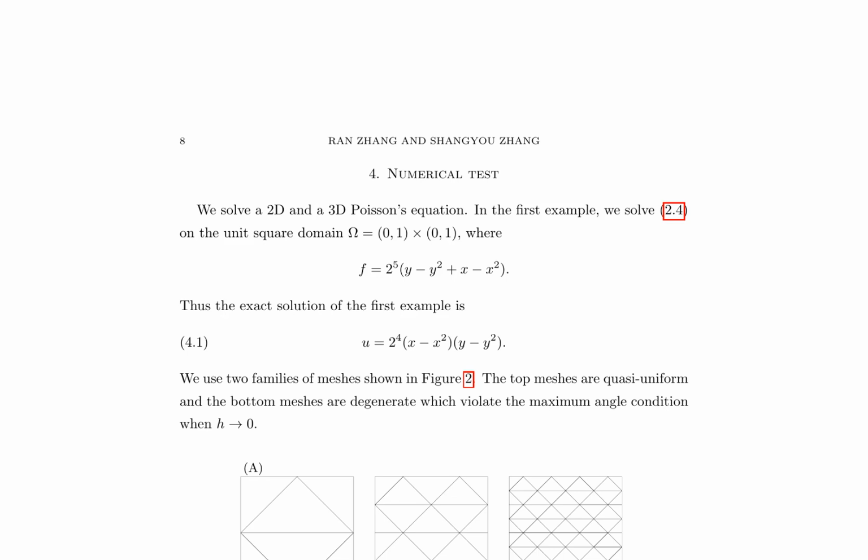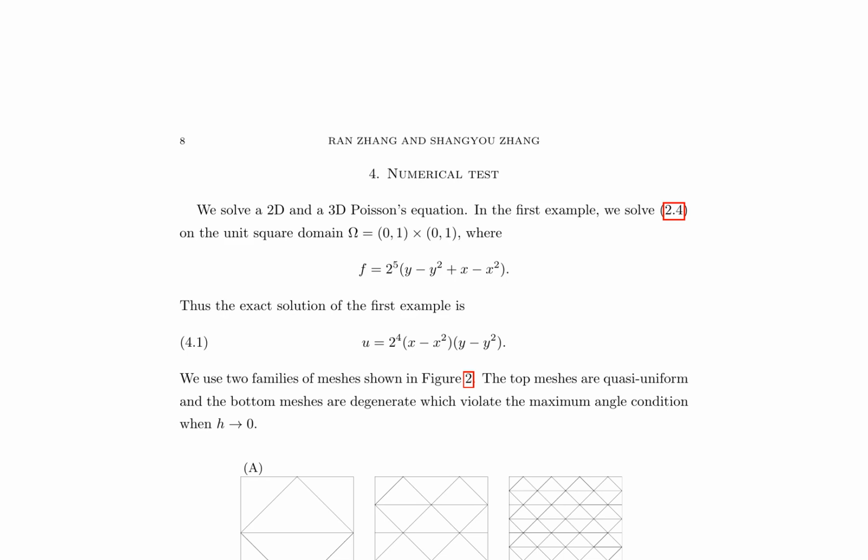Numerical testing of the finite element method for solving the Poisson equation is presented through two examples. A 2D case on the unit square domain Omega = (0,1) x (0,1), with exact solution u = 24(x - x^2)(y - y^2), and a 3D case. The Poisson equation is given by equation 2.4, with forcing term f = 25(y - y^2 + x -